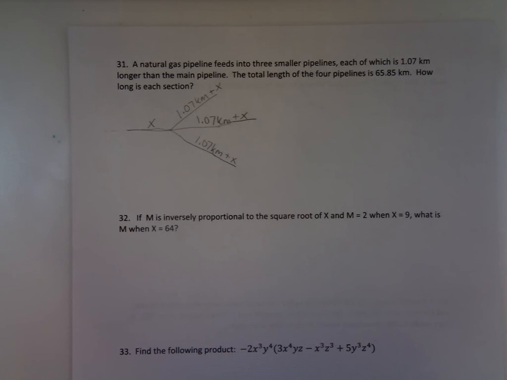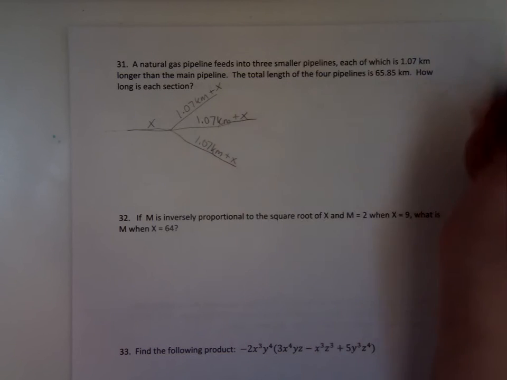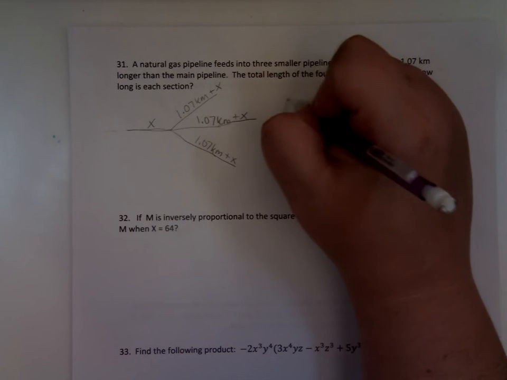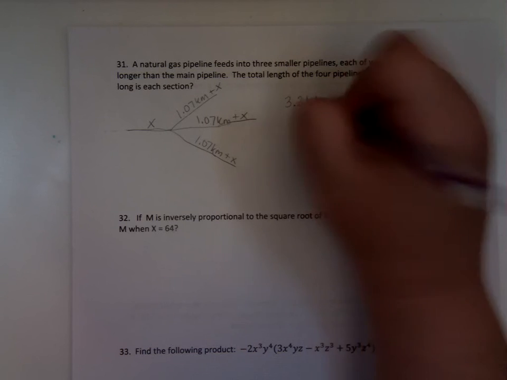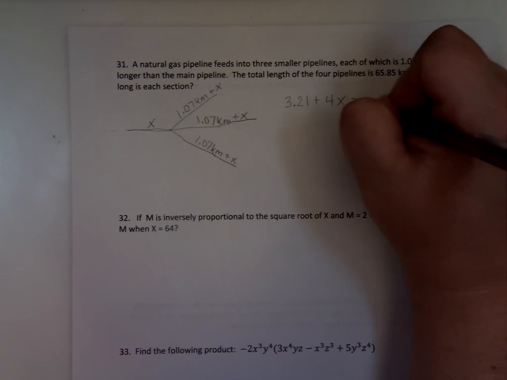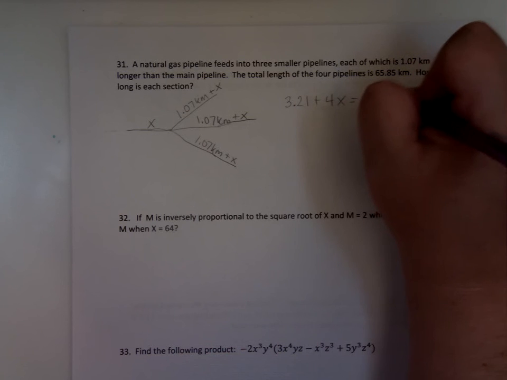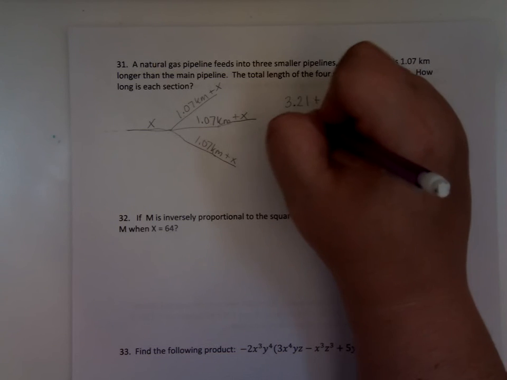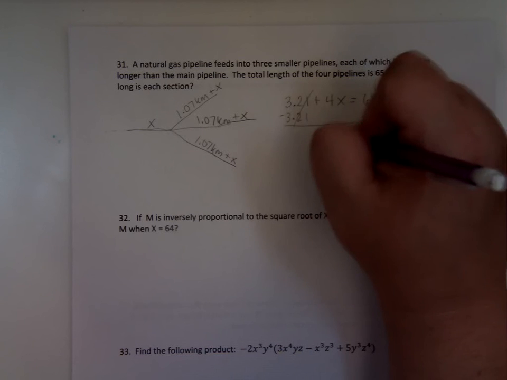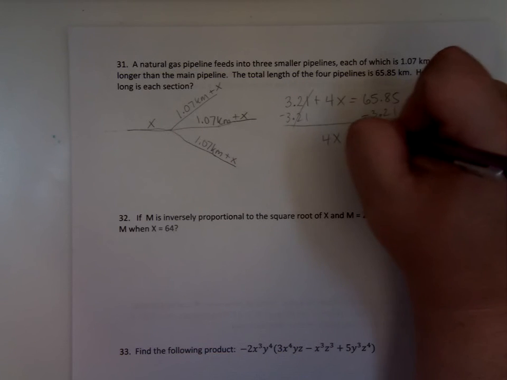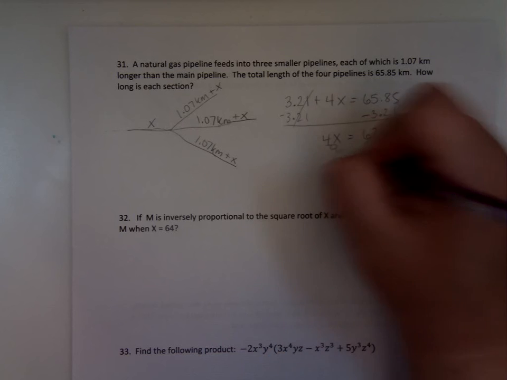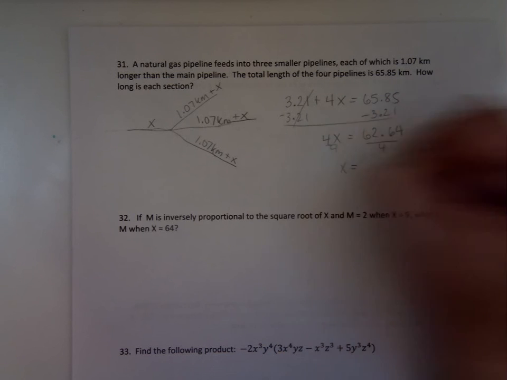So we just add up everything. So add all 3 of these up. That's going to be 3.21 plus we've got 4 x's is equal to 65.85. Subtract 3.21 from both sides. We've got 4x is equal to 62.64. Divide by 4. X is going to be